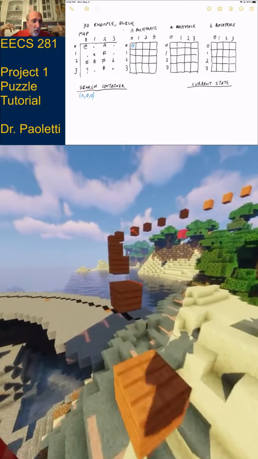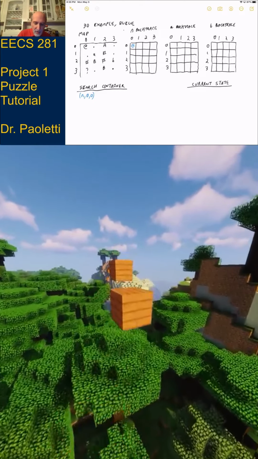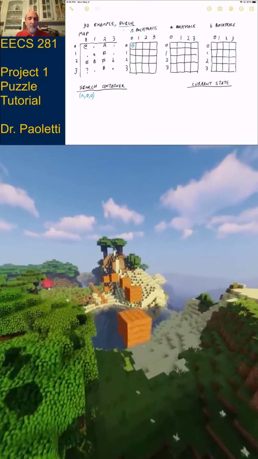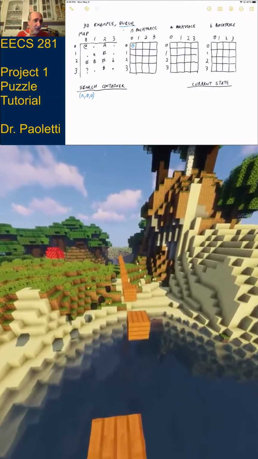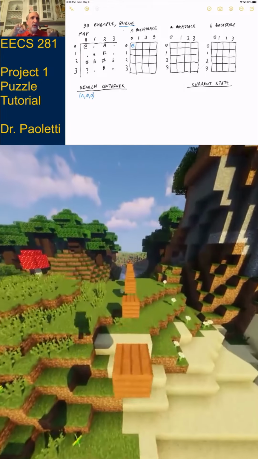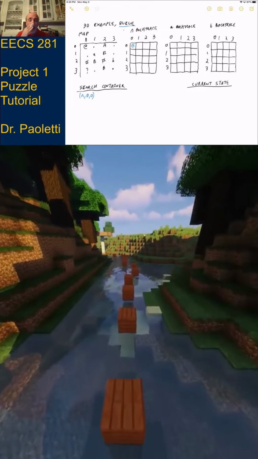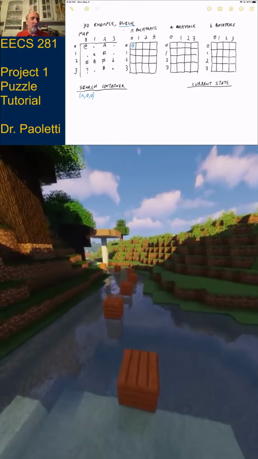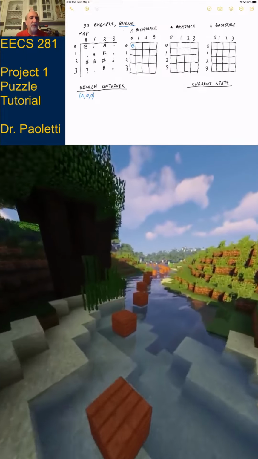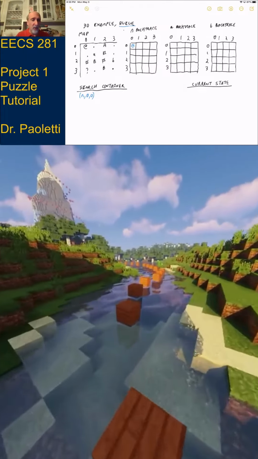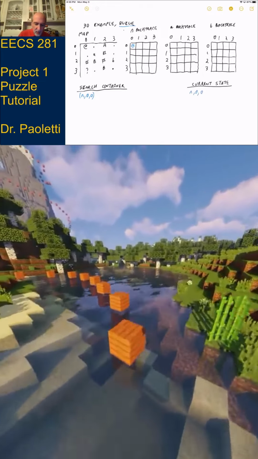All right, so now we run through our big loop while the search container is not empty. And notice I said up here we're doing a queue again. The queue or stack won't affect whether or not you find a solution, but it could affect the order in which you investigate and discover things. It could affect the output, but it will never affect whether or not there is a solution. You'll find it either way, you just might find it with a different route through the map. All right, so we go through the loop. The current state is now caret 0, 0, and we get rid of that.